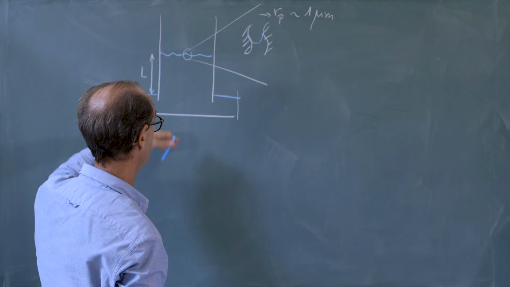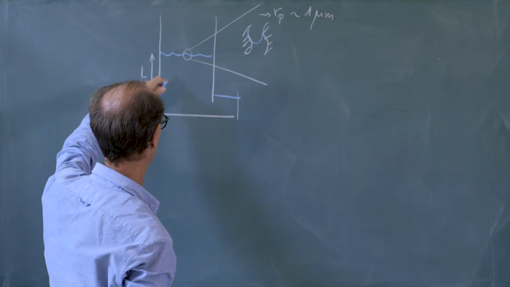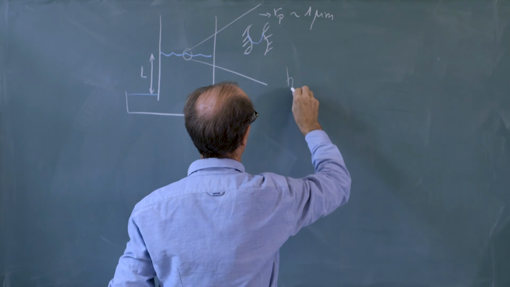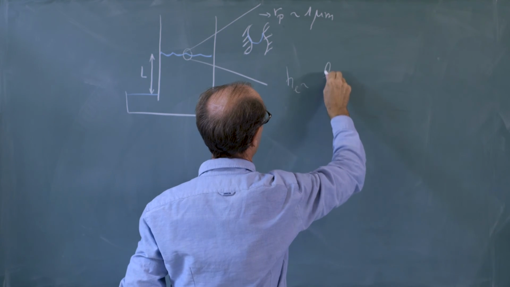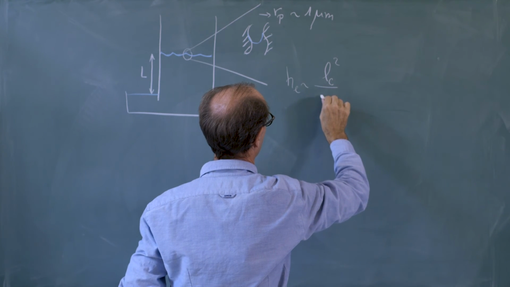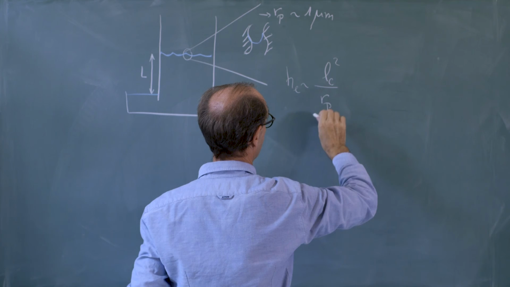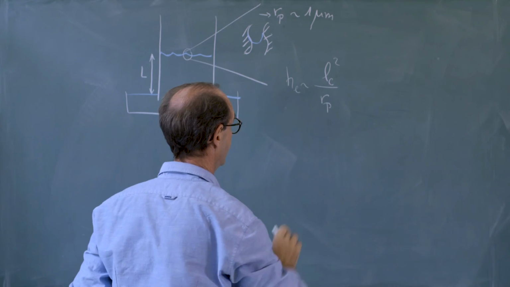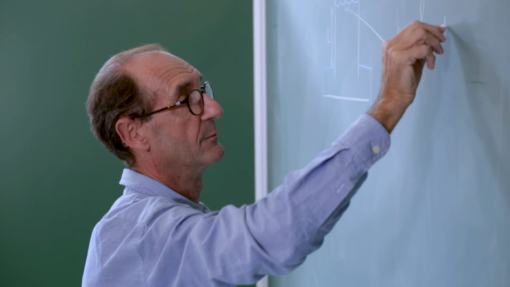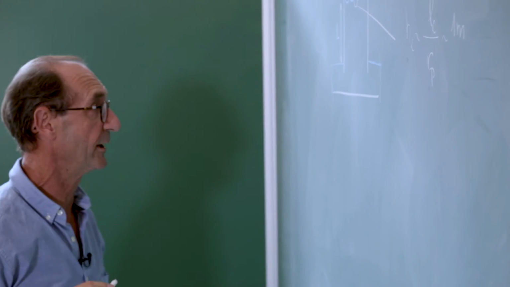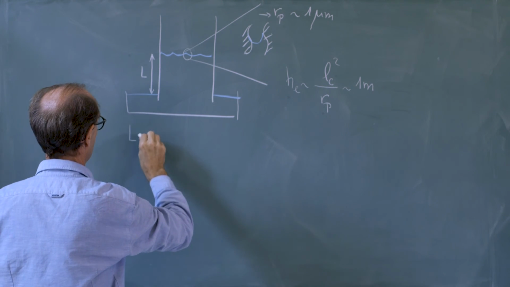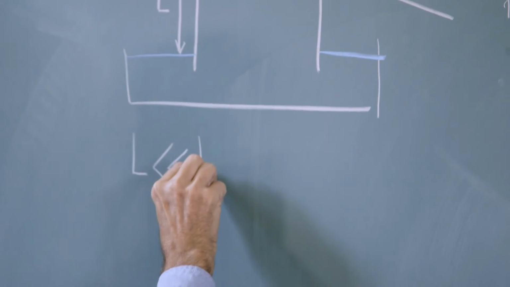From the law of capillary rise, we can compute the equilibrium height of rise, which is HE, and this is proportional to the square of the capillary length LC divided by the pore radius RP. Knowing that LC is typically 1 millimeter and that RP is 1 micron, HE is going to be typically 1 meter. In the experiment, L is typically a few centimeters, so we have L much smaller than the equilibrium height,